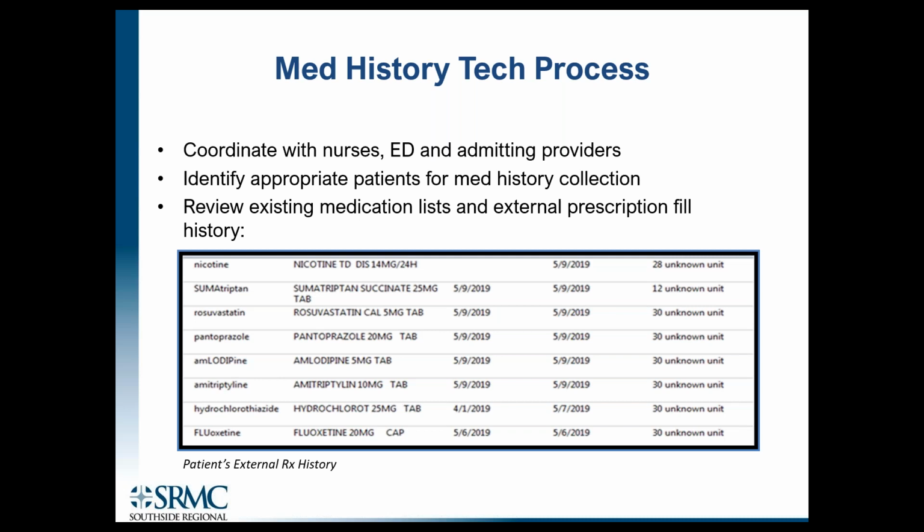If the patient's not alert, there are other ways I can try to figure out where they are filling things from. I would look at the PMP and see if they've had any narcotics recently filled. That will actually show what pharmacy they use. So if I cannot see any of that information, at least I can call the pharmacy. I've even looked at their address and called all the local pharmacies in the area to try to track down what they have filled, especially if they're a stroke patient and they're trying to figure out if they're on an anticoagulant